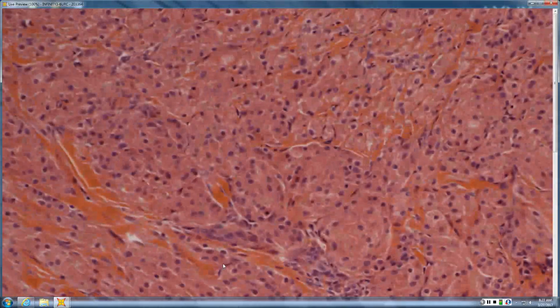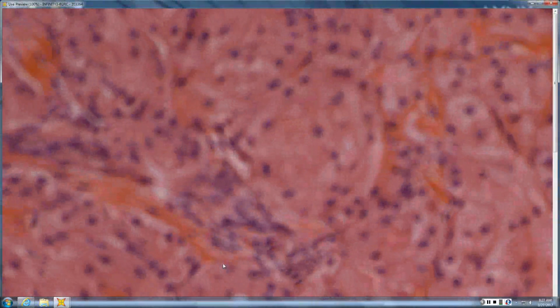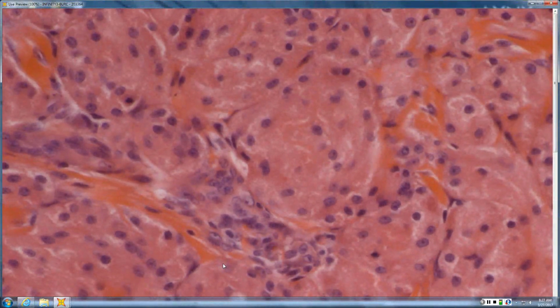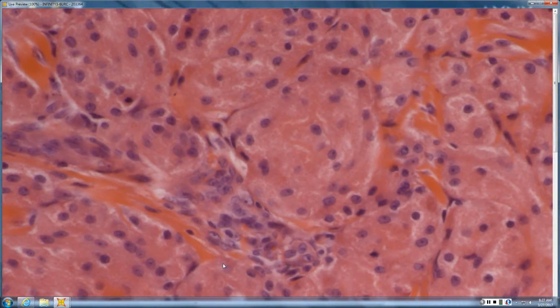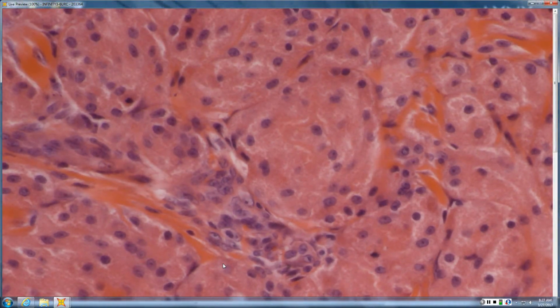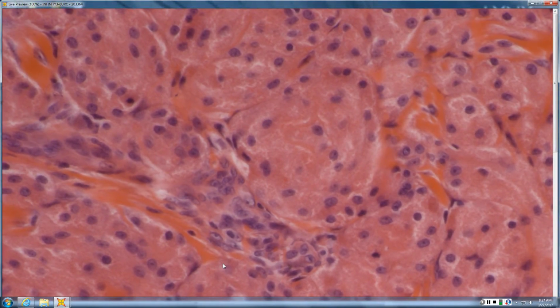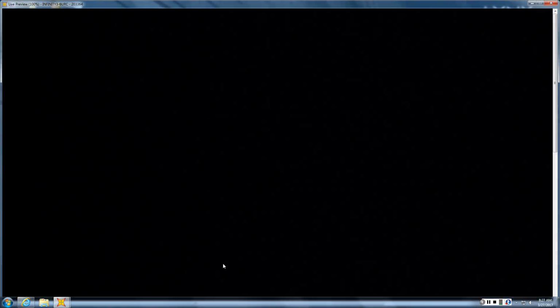So like a granular cell tumor. Why granular cell tumor? Because it's pink like Barbie. It has large eosinophilic granular cells. And do you see any giant lysosomal bodies? Yes, there are some. You see that one right there? So there are some giant lysosomal bodies. So you might still want to get an S100, but probably